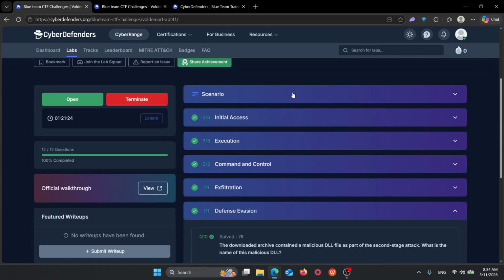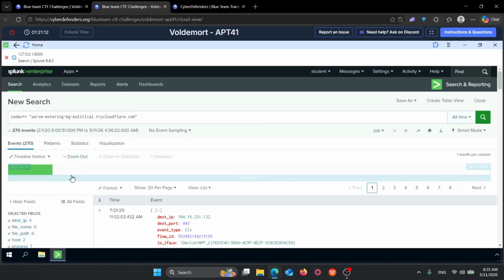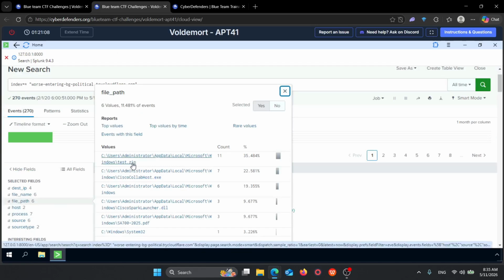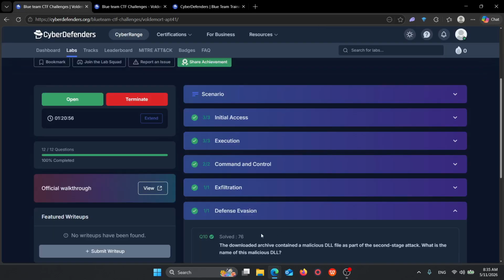Here it says the downloaded archive contains a malicious DLL file as part of the second stage. What's the name of the malicious DLL? If you go to the download archive, we know the file paths. This is the first payload. It was in this location, user administrator update local Microsoft, and they are saying that there is another DLL